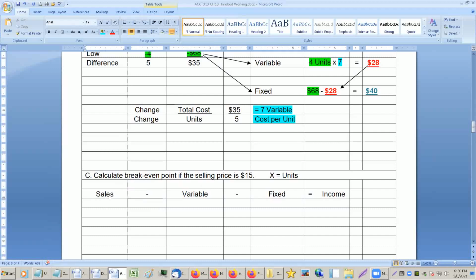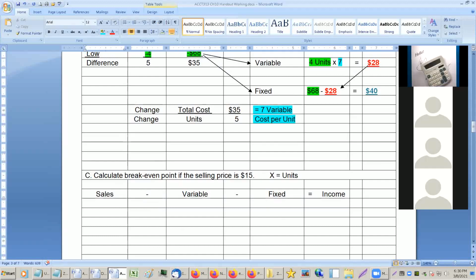So underneath sales, we don't know the units. We know that we put them as X. So what would be underneath sales here? $15. Yep. So 15X